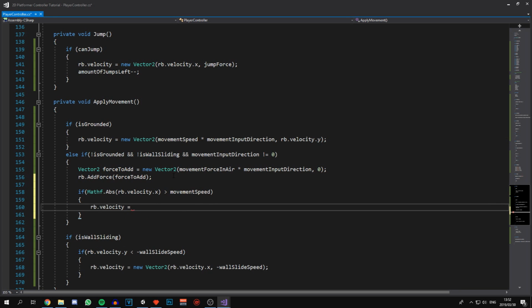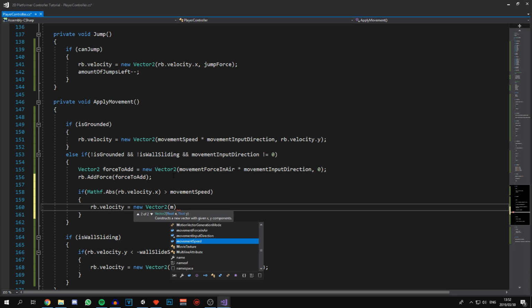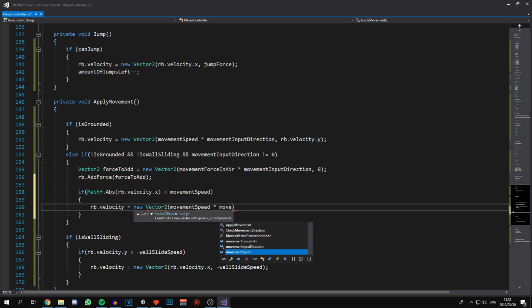So rb.velocity equals new Vector2 movement speed times movement input direction and